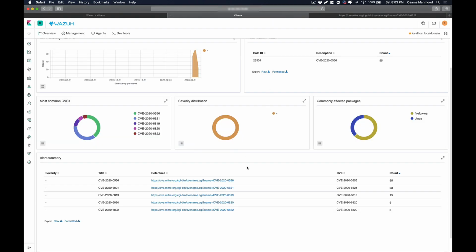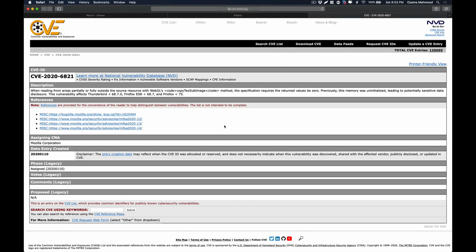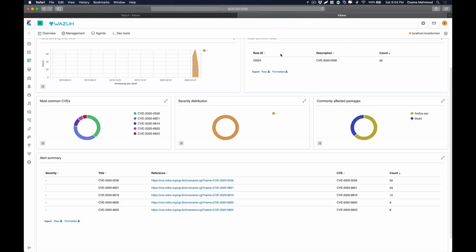If you open that link, which is given as a reference to that CVE, you can check what the CVE describes, and which application or package is vulnerable to that CVE, and then you can remediate those vulnerabilities by updating those packages on the system. So this is how vulnerability detection works on Wazuh.